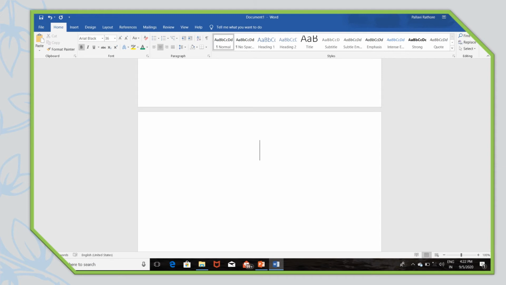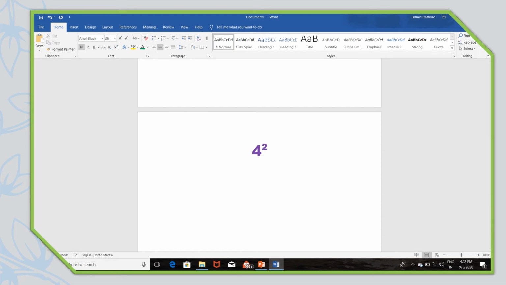First of all, we will type 4. Okay, now suppose we have to put 2 means square as a superscript on 4. So what we will do, we have typed 4. Now we will click on this superscript button and then we will type 2. Then we want to come out from this. Again we will click on superscript button and we will come out from superscript mode.